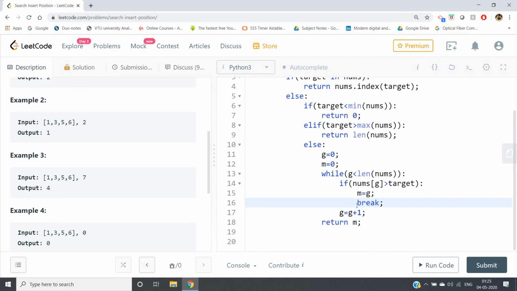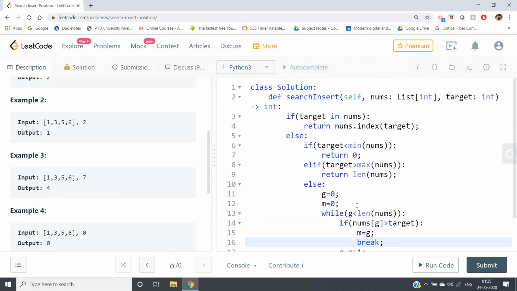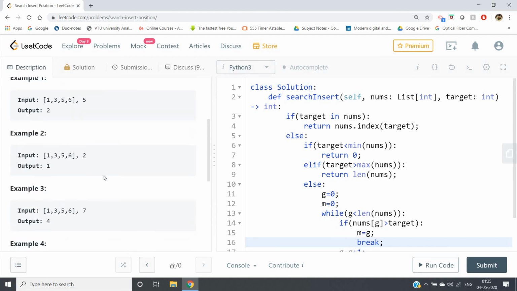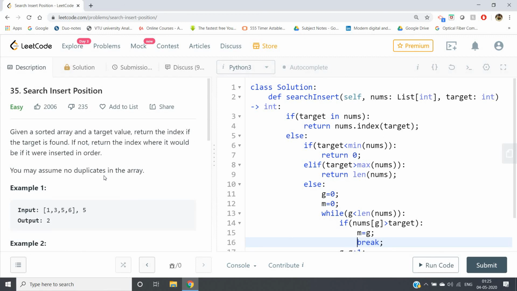So for solving one particular problem you need to apply many concepts, and all these concepts I have discussed in my previous videos. So try to practice more and more. If you practice like this, then your logical skill will build up in your mind, and you can solve harder problems which appear in placement and interview processes.